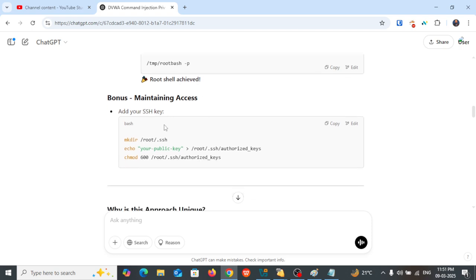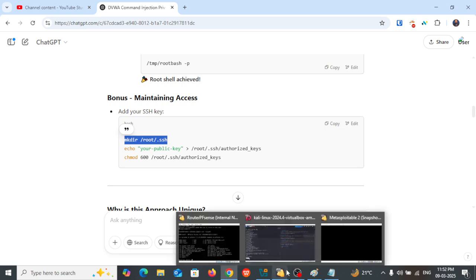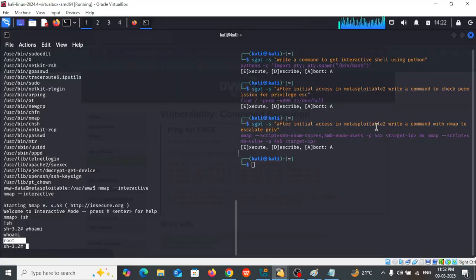Once it is done, we can do the maintaining access so that we have long time access. So in order to maintain access, let's do this part, actually. We could have written it in the terminal, I mean ShellGPT as well, but if you are not specific with the prompt, you won't get the actual commands. And also, to make the video short, I'm not writing all the commands, and I'm giving you the idea, right? So let's